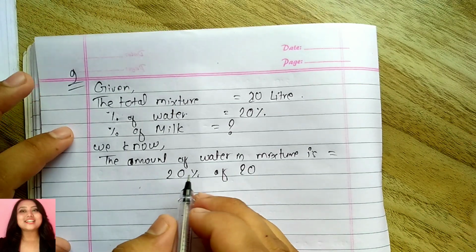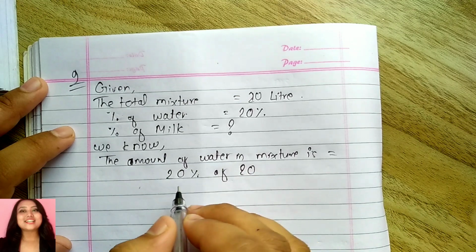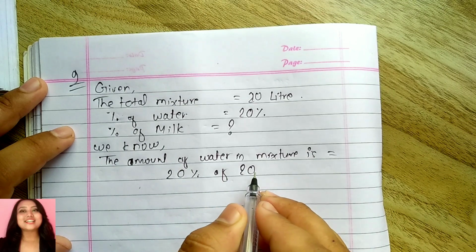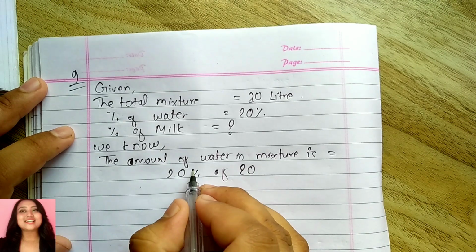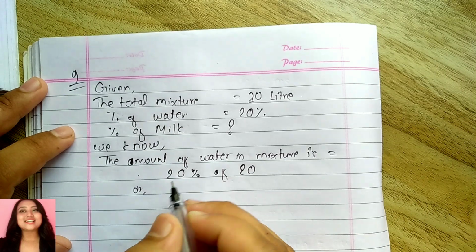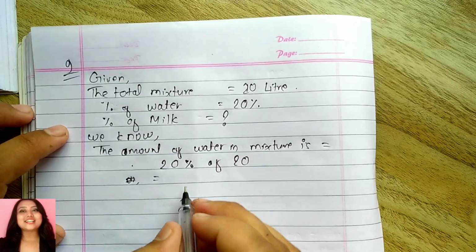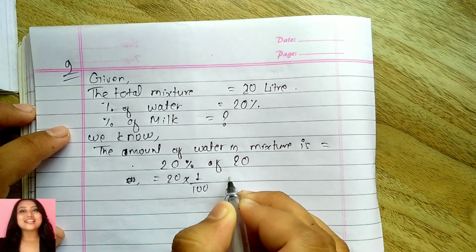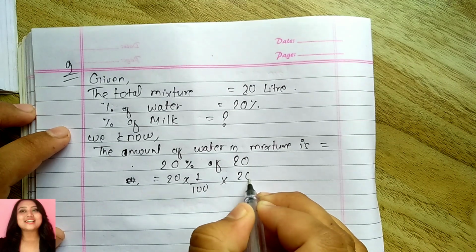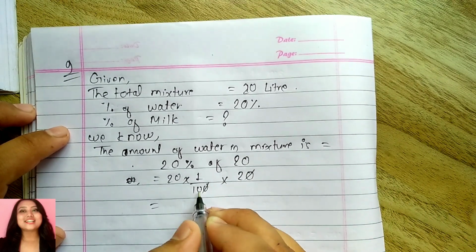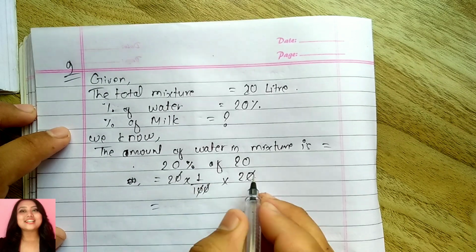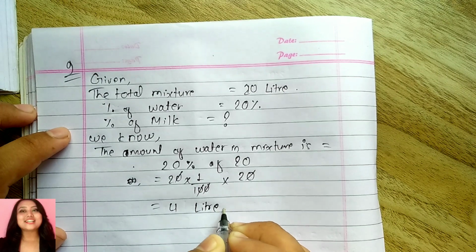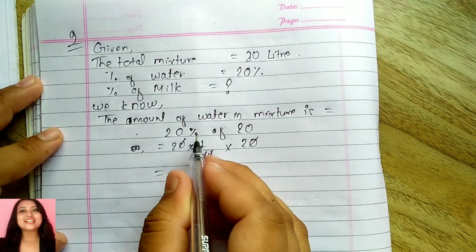That means for finding out the unit quantity, you need to do the percentage given of 20. The 20 percent means 20 upon 100, and this "of" means multiply, and 20 is here. So 0 will be cut down, another 0 here will be cut down, 2 fours are 4 will be there. This 4 is the liter. Since we are finding the unit quantity of water, it is the liter.